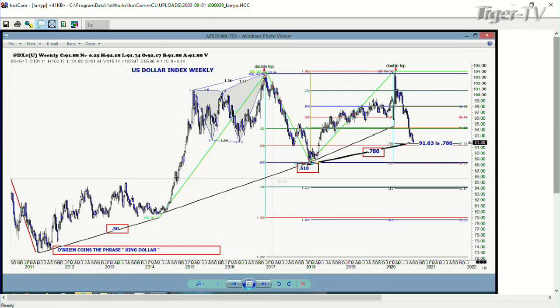So it's extremely oversold. So 91.63. And not only that, but you've got that 78% level staring you right in the face. And look what happened when you got to the 61% retracement way back in March. You rallied from 94.50 all the way up to 103.50, just straight up. So this market is very, very oversold and is ripe for a turn. So you want to be watching it if we get to 91.61. That equates to just about